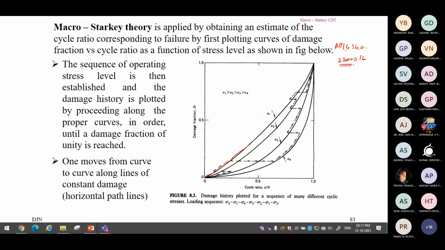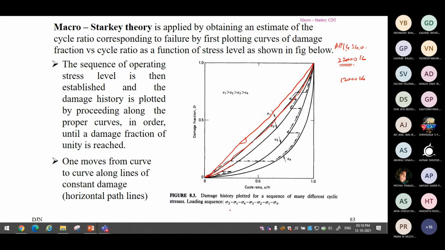So for example, this is the damage propagation curve. You can see this is not a linear curve. It is some non-linear curve. It is not a straight line. Palmgren-Miner rule means you are going to have a straight line from here to there. This is a linear rule with constant slope, whereas here it is a non-linear curve. Similarly, next, determine for 12,000 pound of loading how the damage will go, only for that.